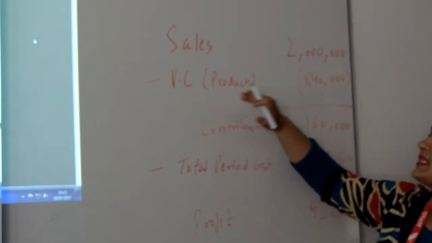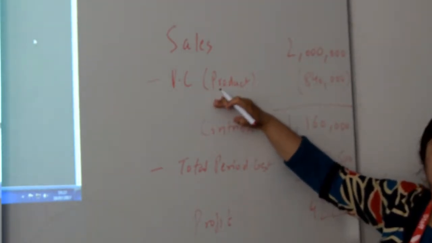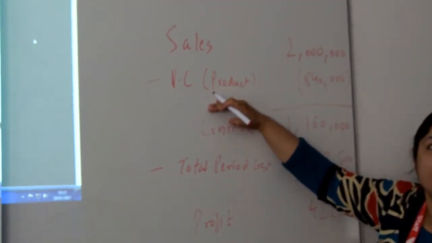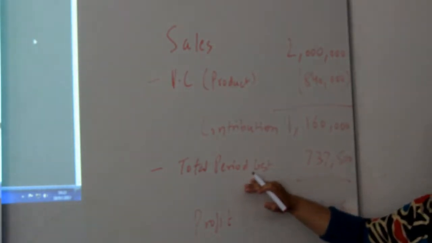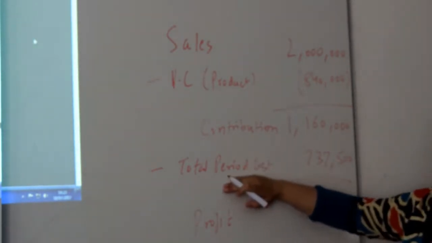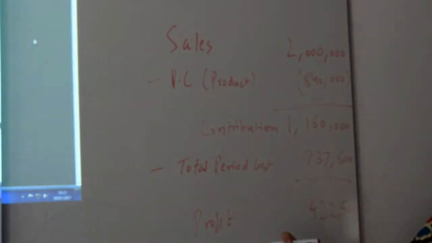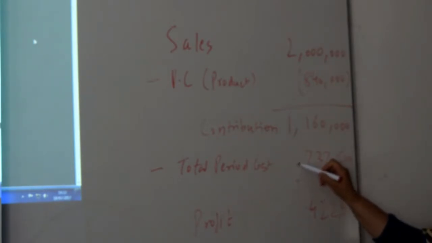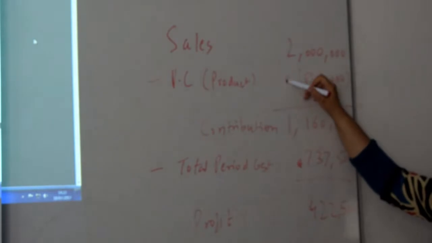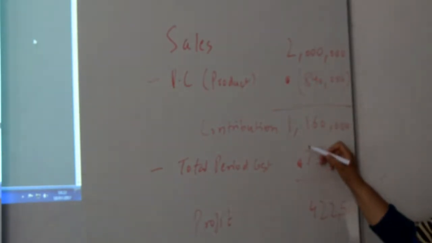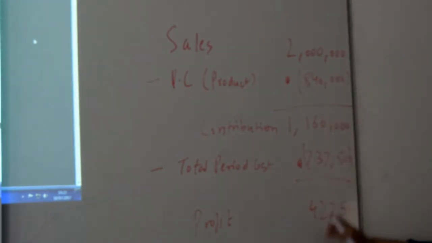Marginal costing takes variable costs in the product cost, whereas they take fixed cost under the period cost. That's the difference. Because next, when we look at absorption costing, you will realize the difference is that we have taken something out from here and placed it here. And that's it basically. So the answer is still going to be the same. So if I just quickly go to the next slide,